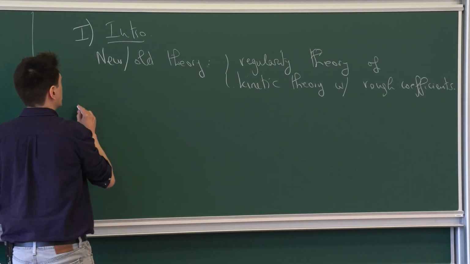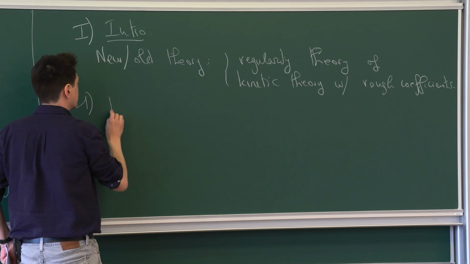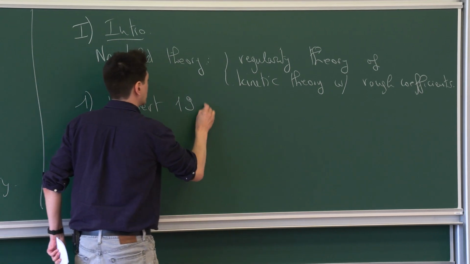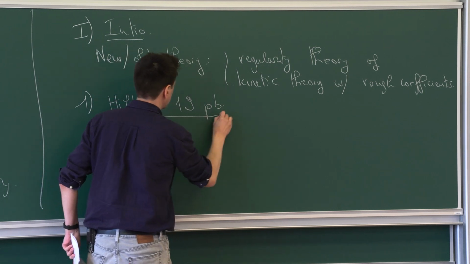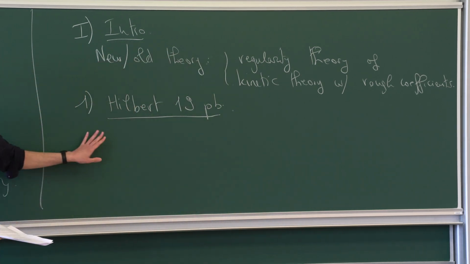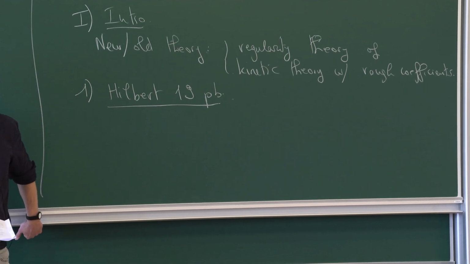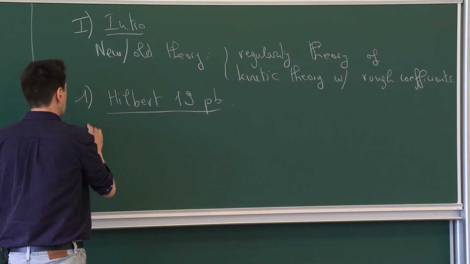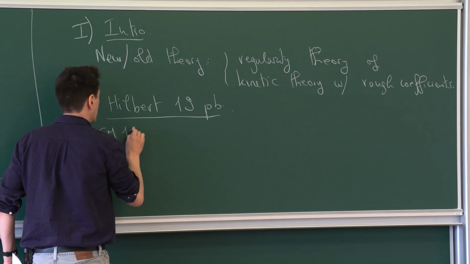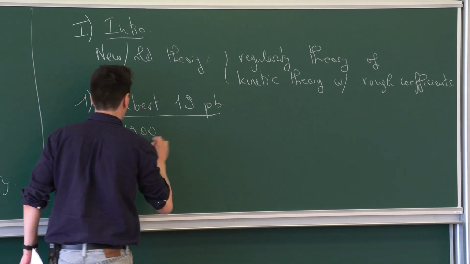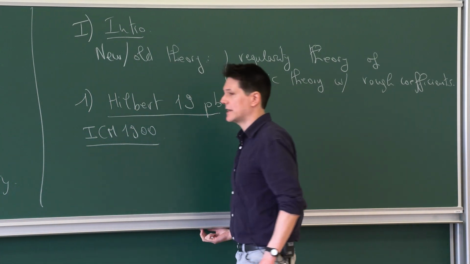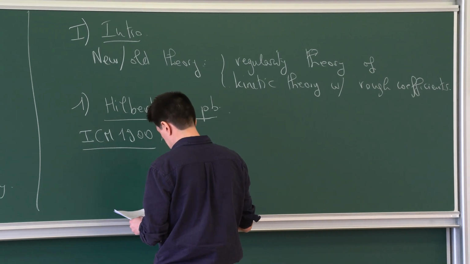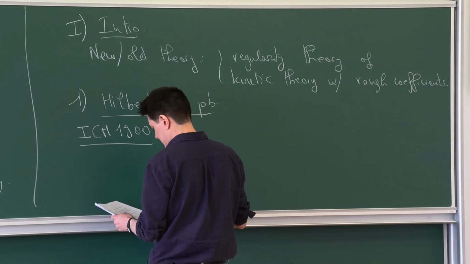So, the first origin is in the 19th problem of Hilbert. So it comes out of the mathematics of the 19th century, which studied a lot the calculus of variation. One of his famous problems at the ICM in 1900 was about whether, so I'm trying to get his formulation.